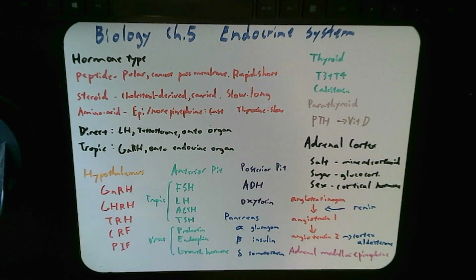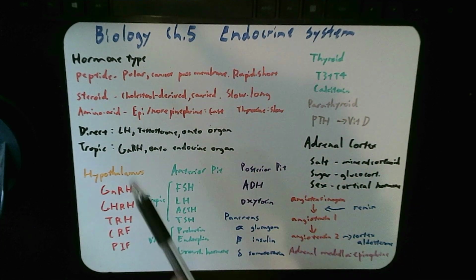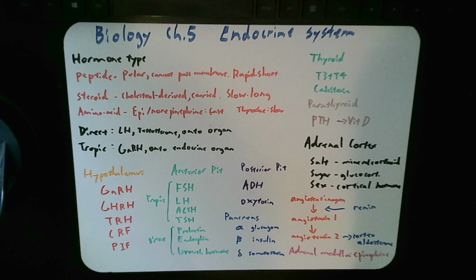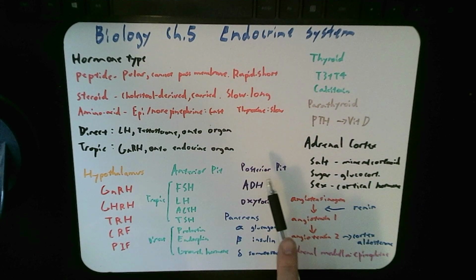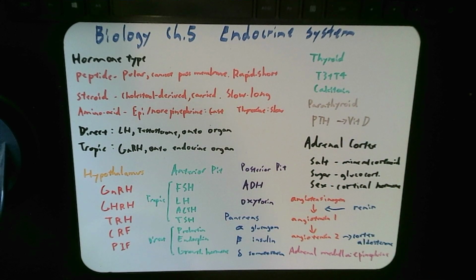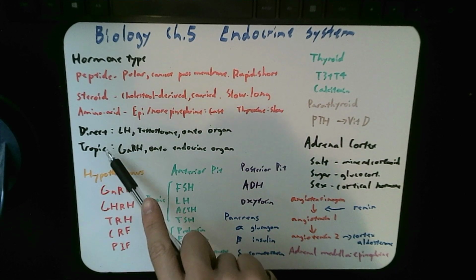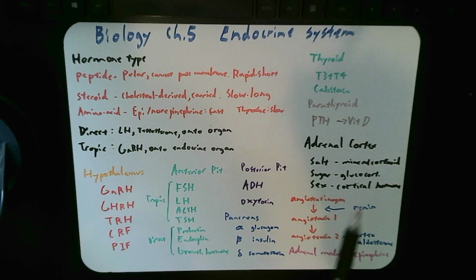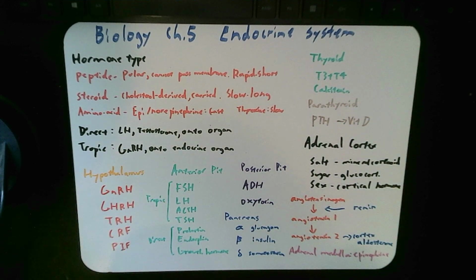We have direct and tropic hormone characteristics on top of it. Direct hormones are hormones that act directly onto an organ that is not an endocrine organ. What are endocrine organs? Well, those involve the hypothalamus, anterior pituitary gland, posterior pituitary gland, pancreas, adrenal cortex, thyroid, parathyroid, and adrenal medulla, etc. Now, tropic hormones are the hormones that act from one to another. When you send a hormone from one endocrine organ to another, that's a tropic hormone because you're acting on an endocrine organ in hopes that it will generate some kind of cascade.